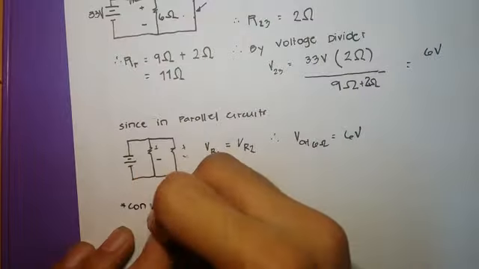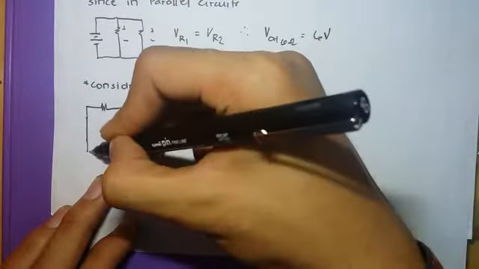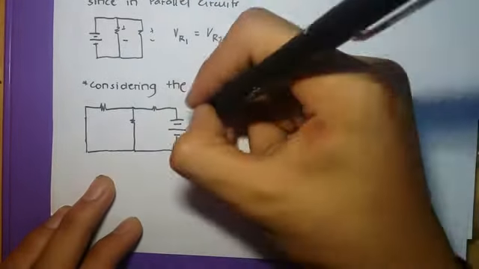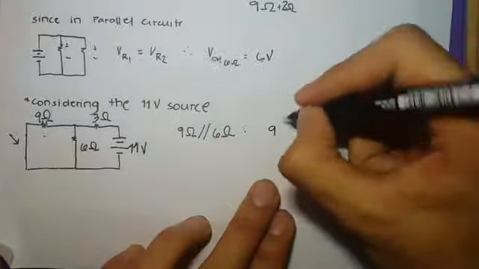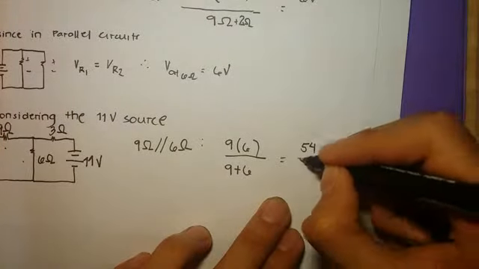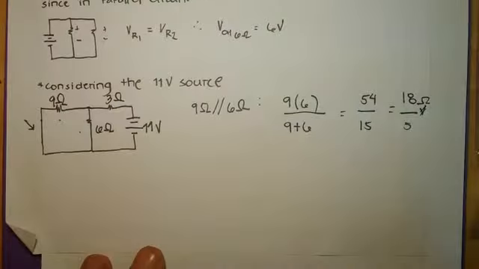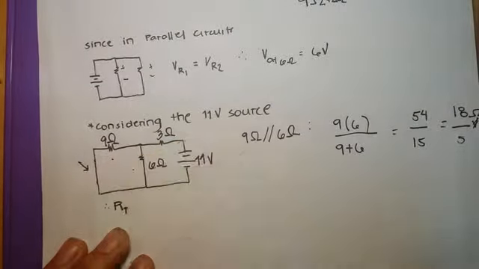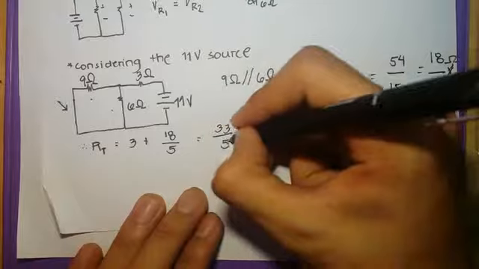So second, let's now consider the 11 volt source giving us this circuit. Okay, as you can see, the 30 volt is now shorted. So 9 ohm is now parallel to 6 ohms, which is now equal to 9 times 6 all over 9 plus 6. It is now equal to 54 over 15 or 18 over 5 ohms. Therefore, the amount of total resistance in the circuit is now equal to 3 plus 18 over 5 or 33 over 5 ohms. So by using again the voltage divider theorem,